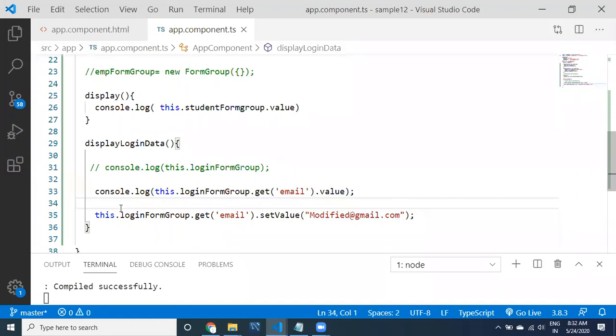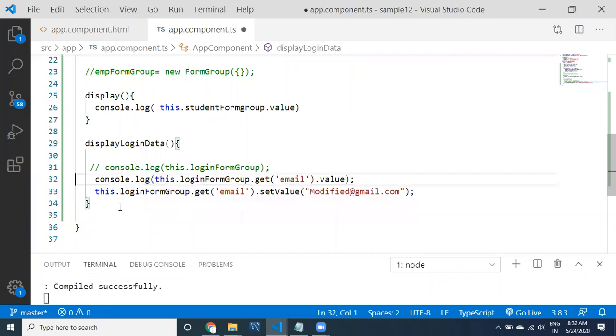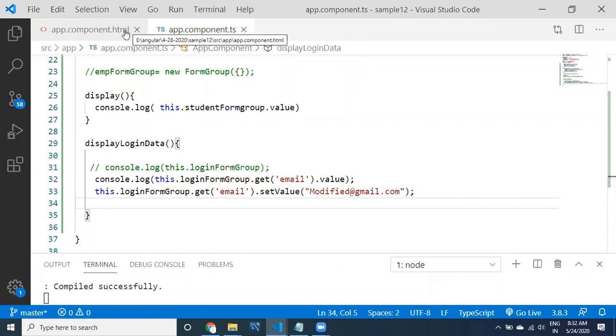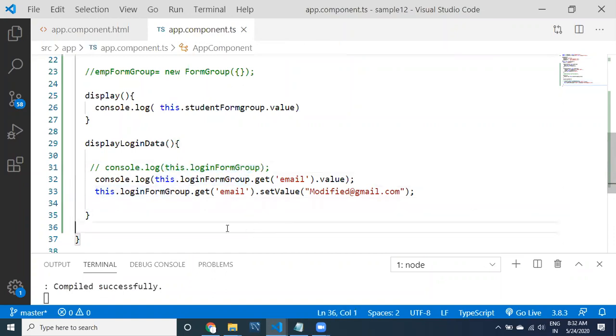You can get the control object. Then we would like to work with other things, guys. Coming here, let's start with the basic information related to validation. What are the things we came to know? This.loginFormGroup is one thing. Another thing is getting the control object, and especially getting that particular value. And how can we set the data? With setValue.